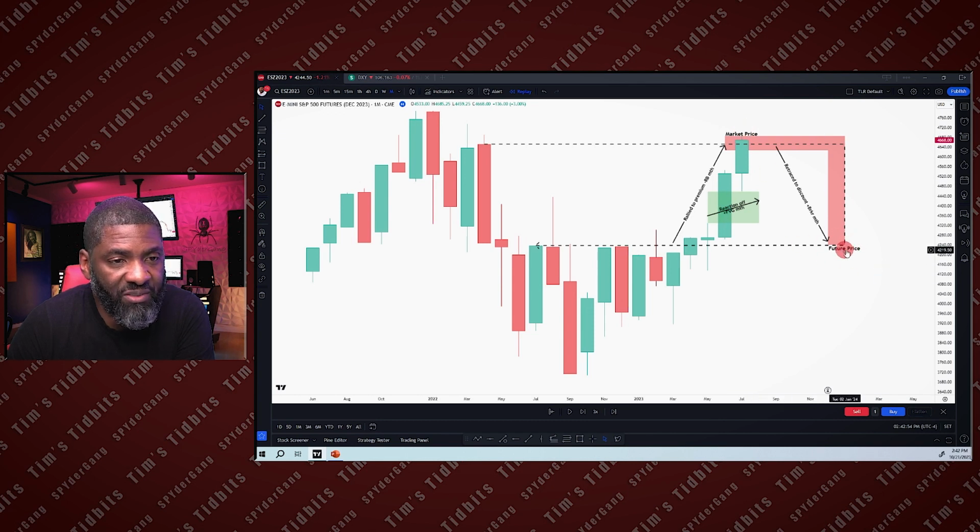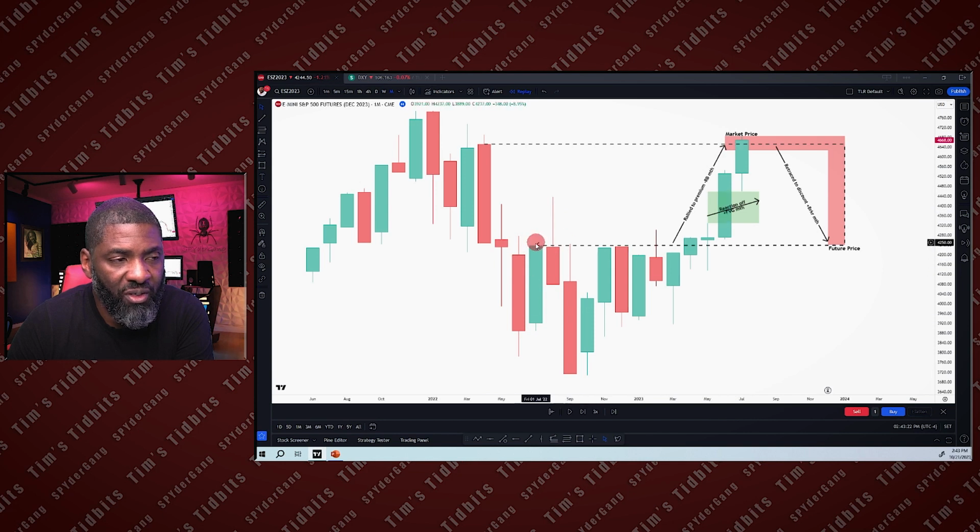Why do we anticipate this future price? Because price has rallied to a premium rejection block over here. We got a premium rejection block over here, and price has rallied up to a monthly premium rejection block. Why did price rally all the way to the rejection block? Because there's no clear PD arrays in price action in this price leg down for price to rally to.